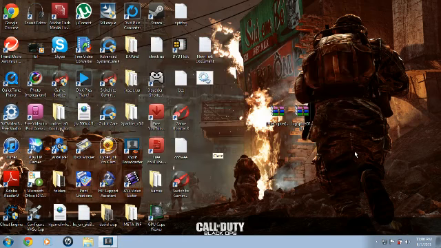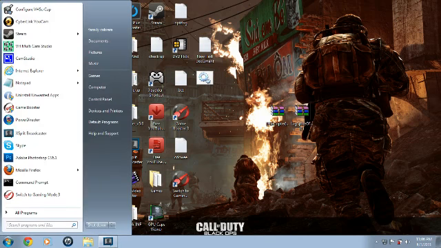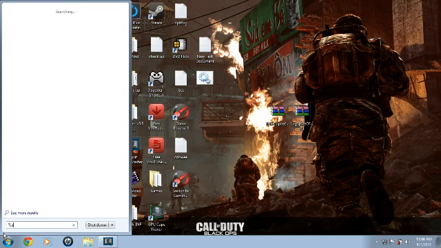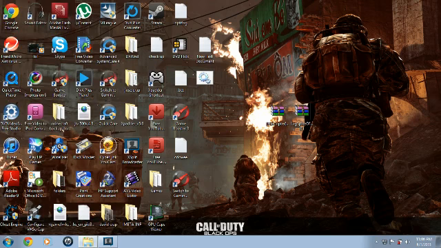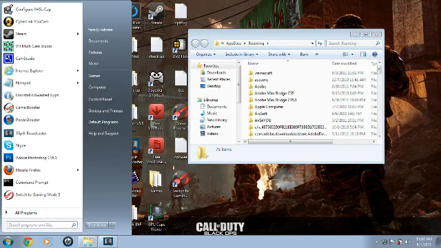I'll put the link in the description at the bottom of the website. I already downloaded it. It's down here. Just ignore the other icons. So let me show you. Go to start, then search, and type percent appdata percent, and it shows Roaming. In case you can't find it, or you don't have search, or you're using XP,